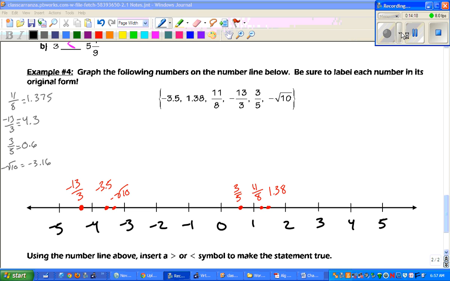All right, hopefully these are the answers that you guys got. All of the numbers are written clearly on their number line so you can see and labeled in their original form. And on the bottom half,